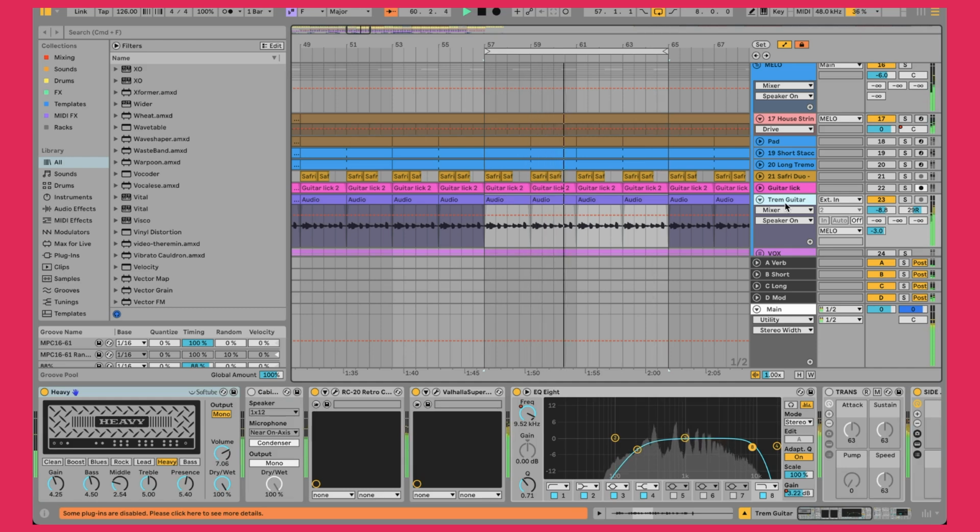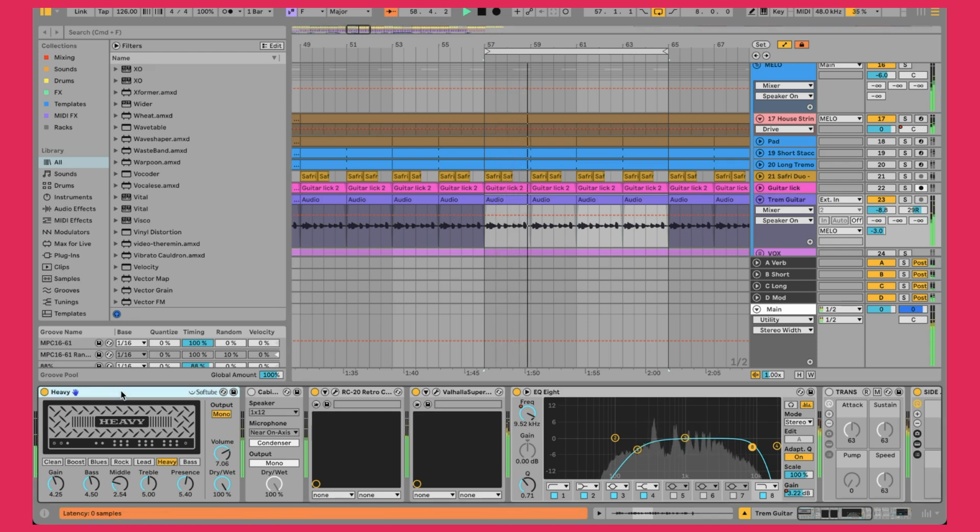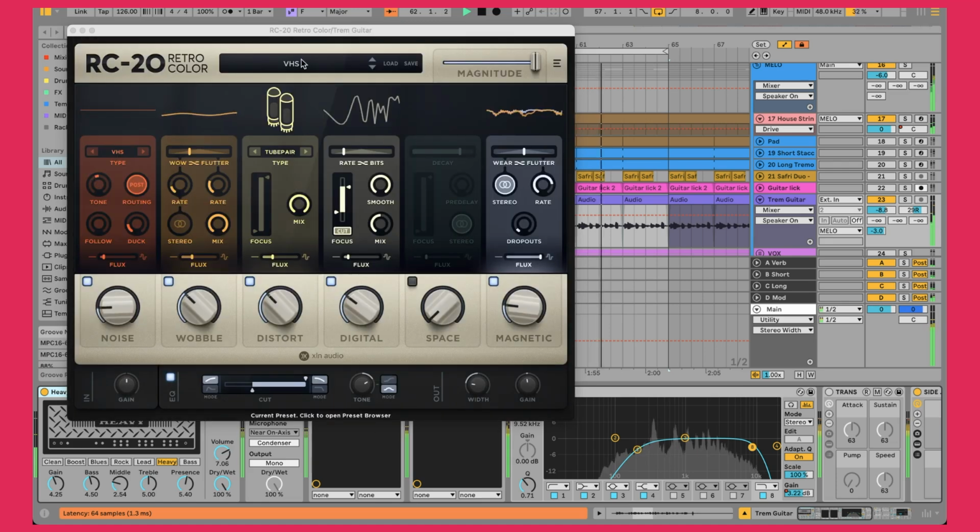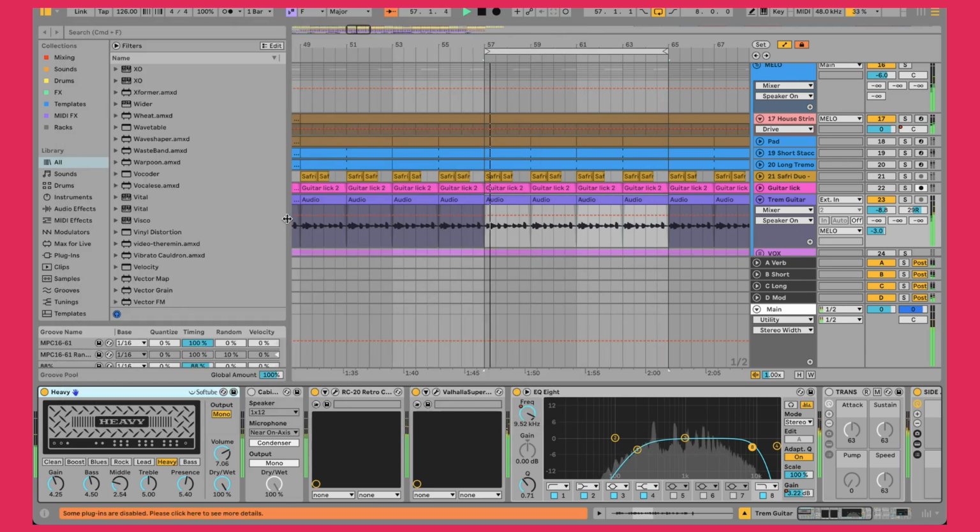I went for something a little bit different because I know that the main element is like a guitar. So I actually recorded myself playing this little guitar bit, just kind of pedaling on one note, and then threw one of these Ableton amps on it, this heavy distortion one here, then threw it into this RC20 on the VHS preset, dialed up the wobble a bunch so that it's kind of wiggling around. It sounds a little bit more interesting, I would say.